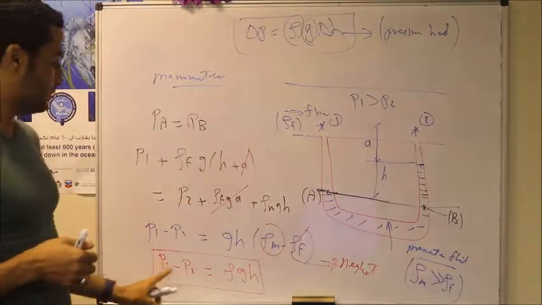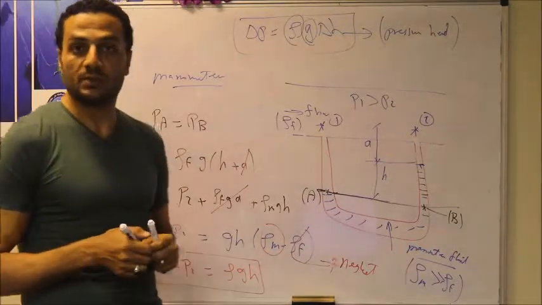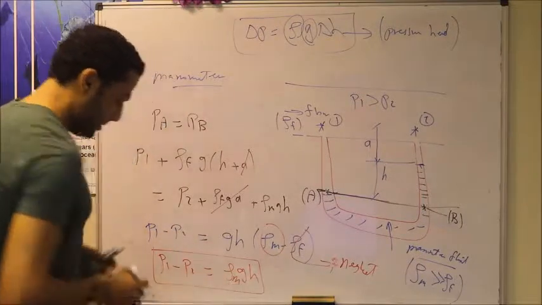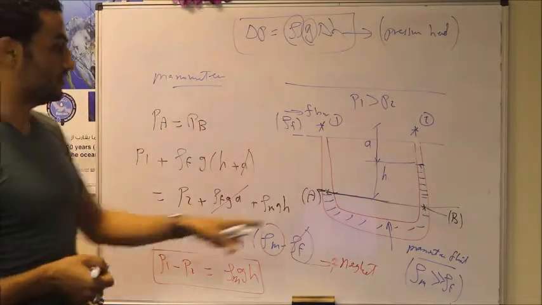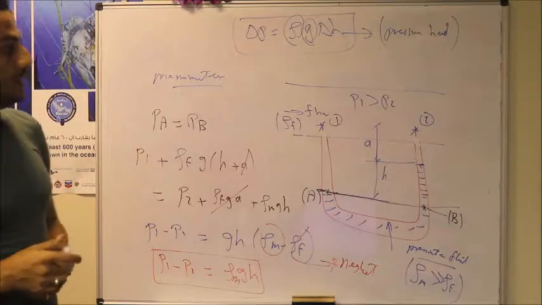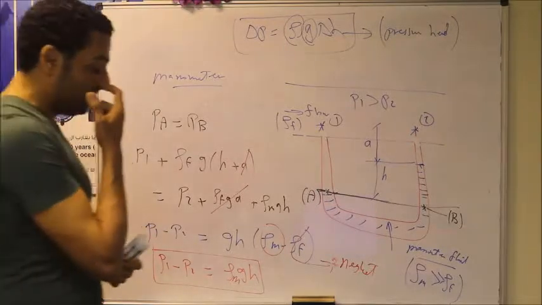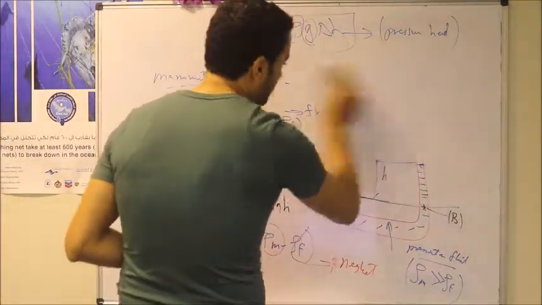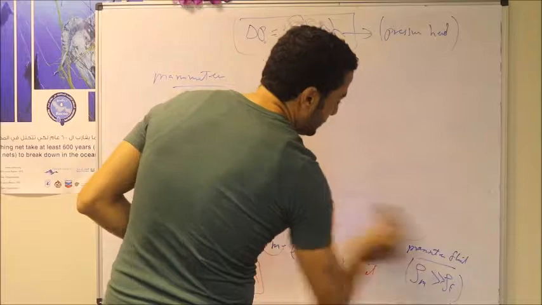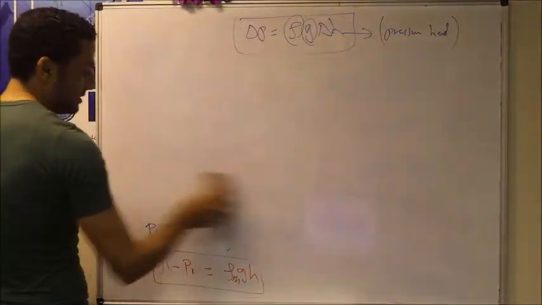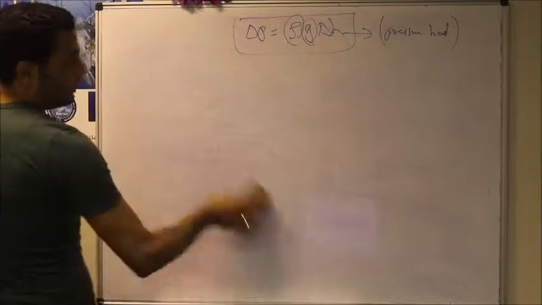The pressure difference P1 minus P2 is equal to rho g h, where rho is the density of the manometer fluid, not the flowing fluid. The density of the manometer fluid multiplied by gravitational acceleration multiplied by h. But if I actually want to measure the pressure at a given point 1, not the pressure difference between point 1 and point 2, then